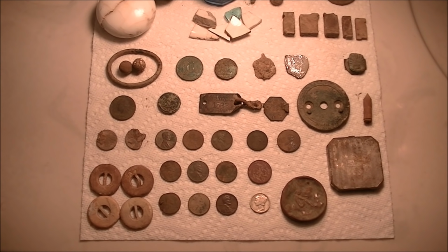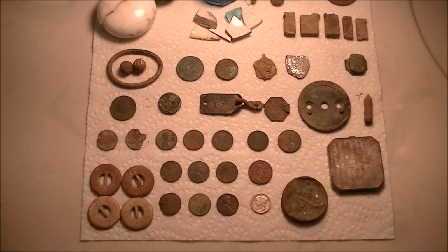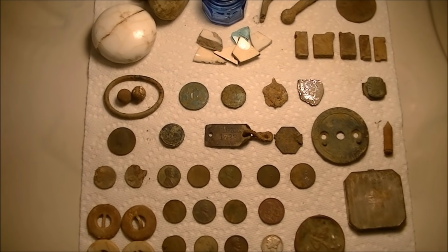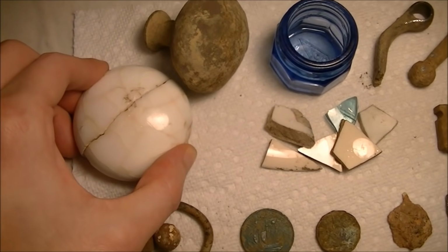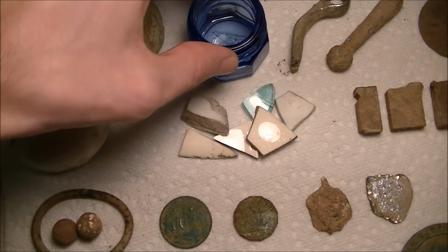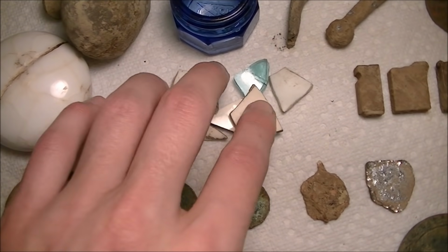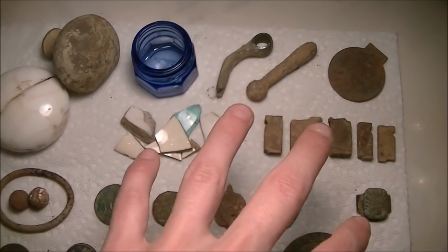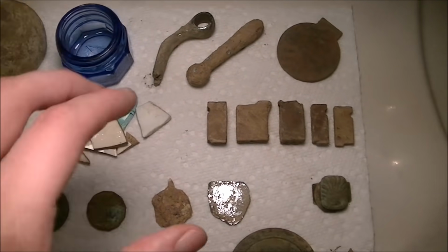What an amazing hunt it turned out to be. So without further ado, we're going to start plugging away at this wrap-up without going over everything I already showed in the video. We got this porcelain doorknob, a brass doorknob. We got that really nice no eczema container. We got our pottery and glass bits there. A couple odds and ends like levers, and obviously I'm not showing any of the trash that I dug, just